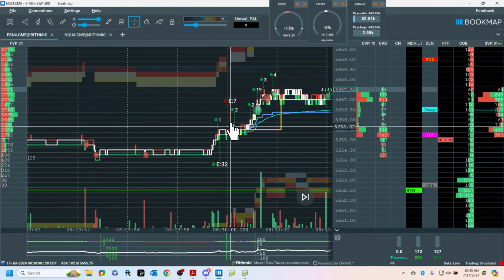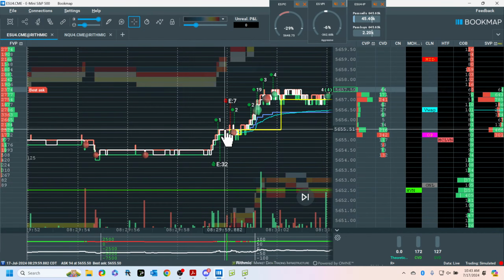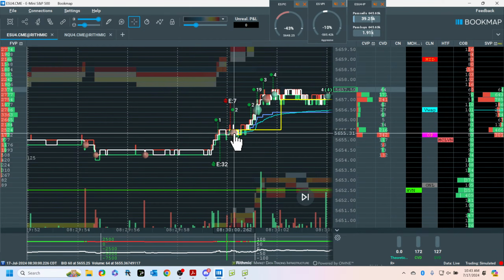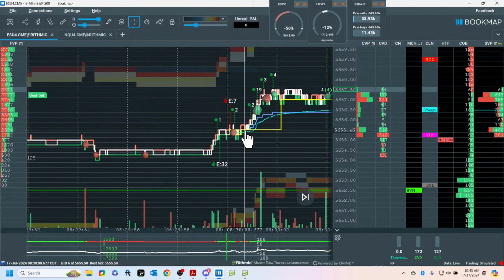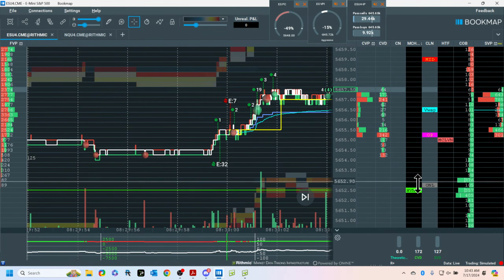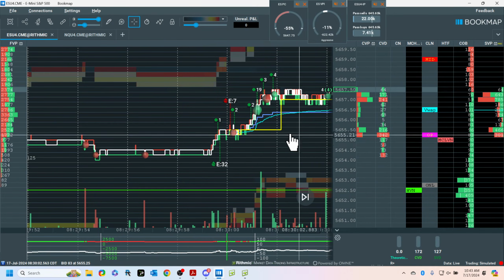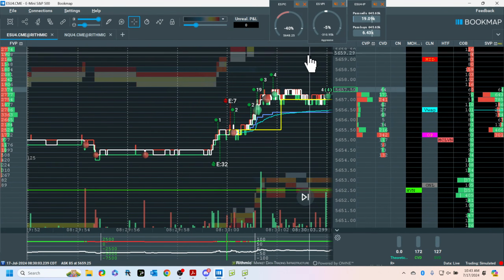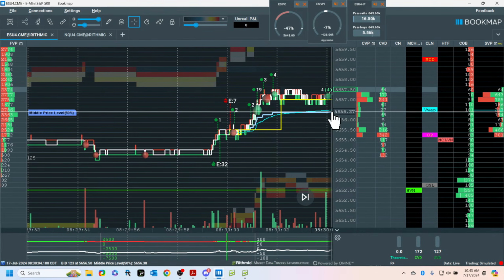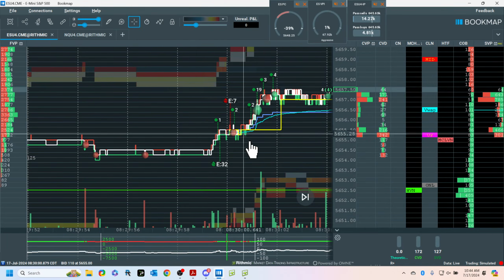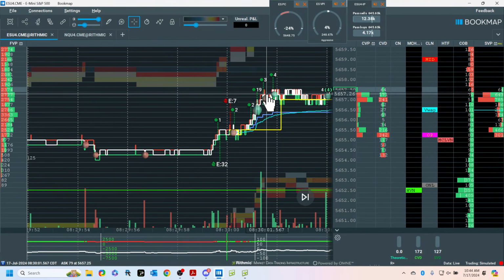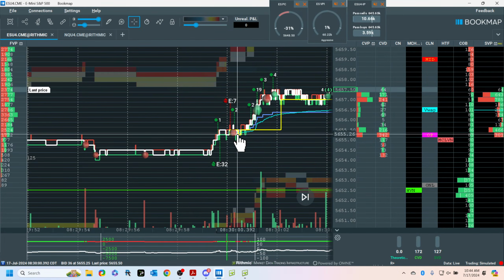So this is the RTH open. Let's look. So we know everybody is under the bus, potentially. And we know we have the ETH low as our first target. So I know if I open outside, that I'm going for this. Now, the problem, of course, is where do you get short? So let's look. Sellers here,